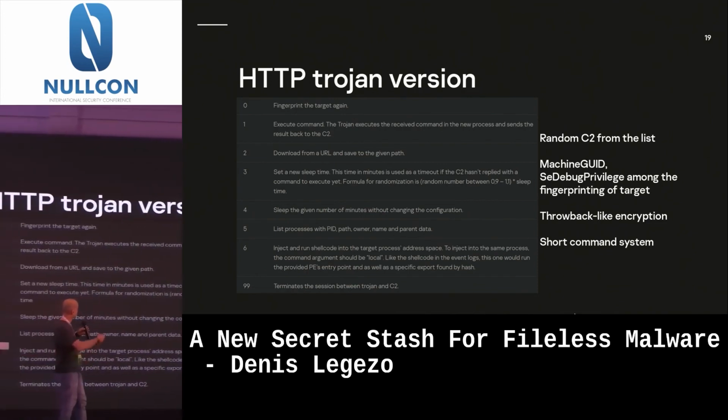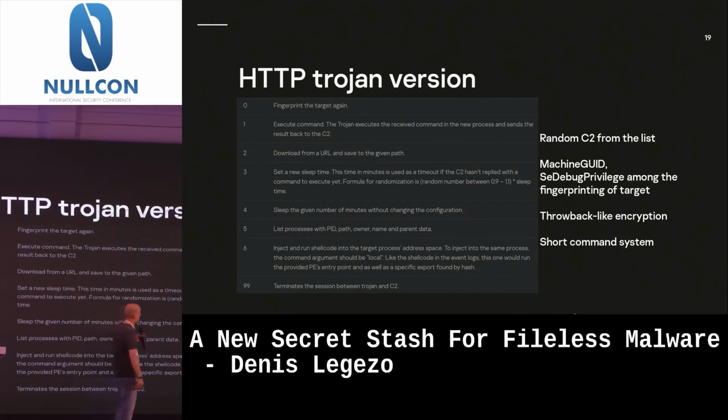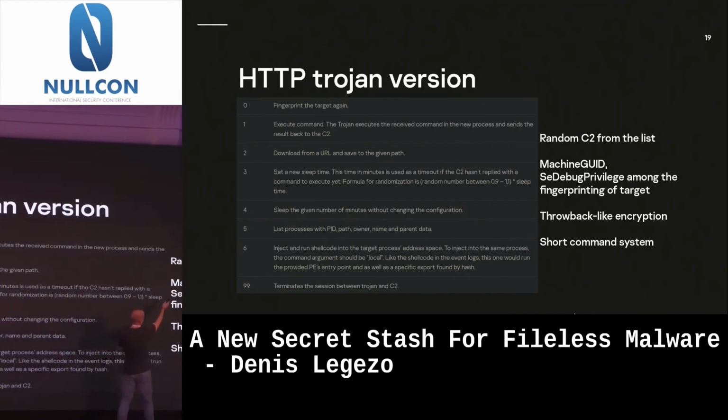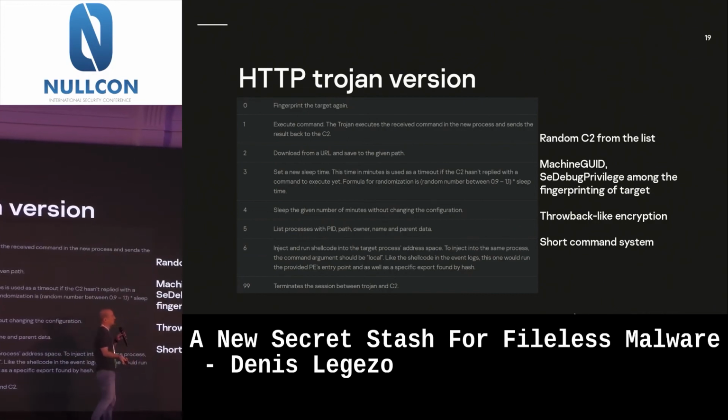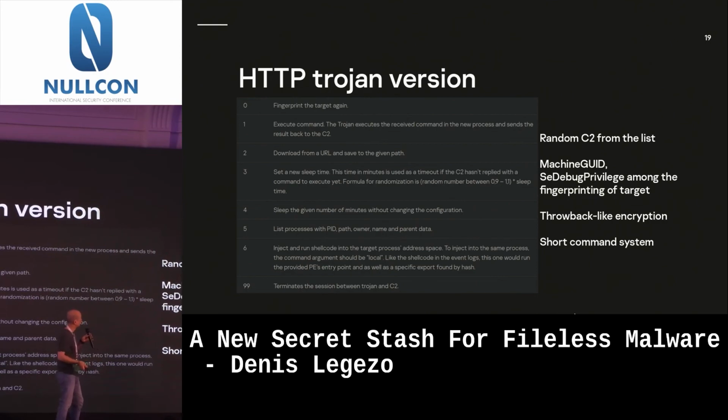The commands you could see here are quite typical for any Trojan. I love that during fingerprinting, they get the machine GUID. Maybe when you build some unique ID for the user, it's not a bad idea to use the machine GUID as well. And also,